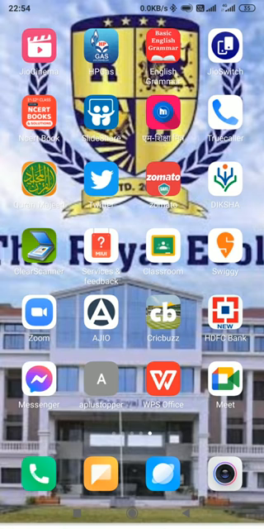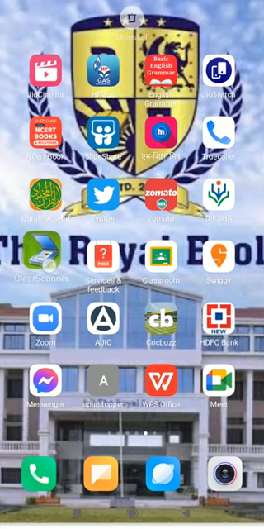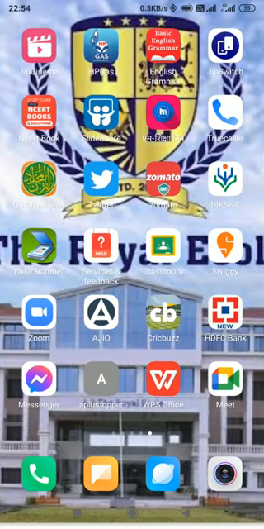So for this, the first thing we have to do is download it from the Play Store. I'm using an Android mobile phone right now. Go to the Play Store and type Clear Scanner or Clear Scan. You will get this particular app, as you can see here on the screen. Now first you will open this app. Once you download and install it, you open it.